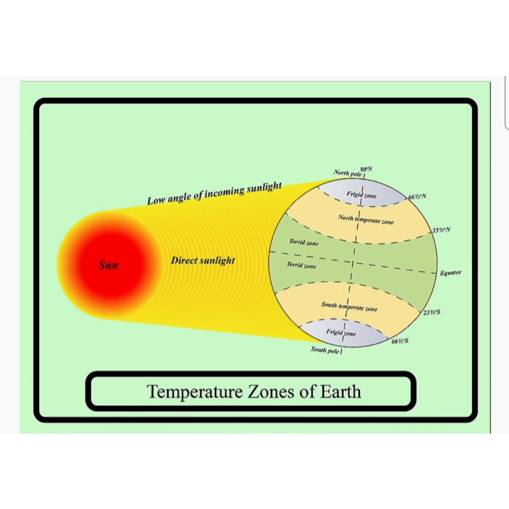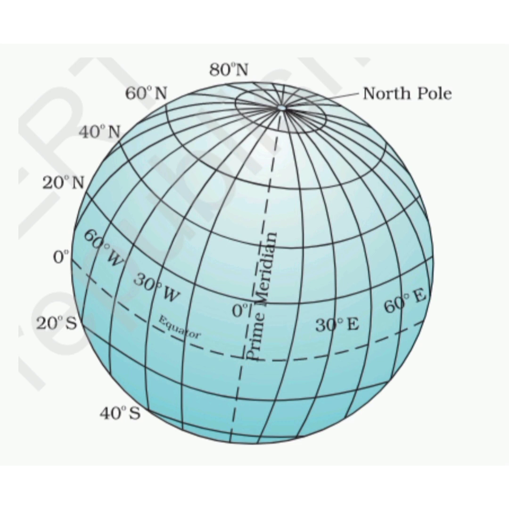Now we will see what longitude is. We have already studied latitude. Now we will see longitude. So longitude is also an imaginary circle, and it is measured from the prime meridian, and that is called longitude.